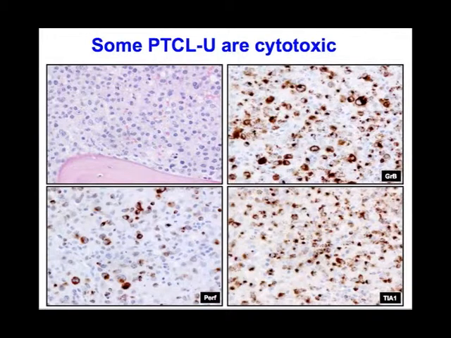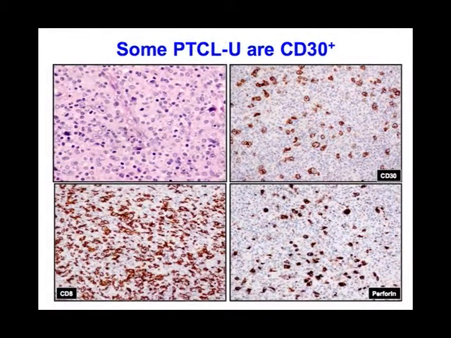Some cases are cytotoxic. So here's one, again, highlighting this issue about the bone marrow, was heavily infiltrated in this case, and all 3 of the commonly used cytotoxic molecules are expressed by this tumor. So some peripheral T-cell lymphoma NOSs, or unspecified, are cytotoxic. Some express CD30, but the pattern of CD30 is never like the kind of disease we call ALK